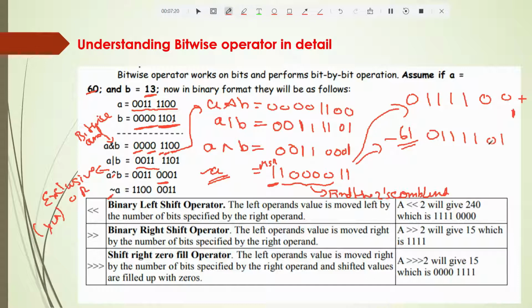Now your most significant bit is 0. Looking here, this is 2 to the power 0, this is 2 to the power 1, and we need not take it because it is 0. So 2 to the power 2, 3, 4 and 5: when I add this I get 32 plus 16 plus 8 plus 4, which is 60, plus 1 for 2 to the power 0, which is 61. But students, it will be negative, so that is how you get minus 61.